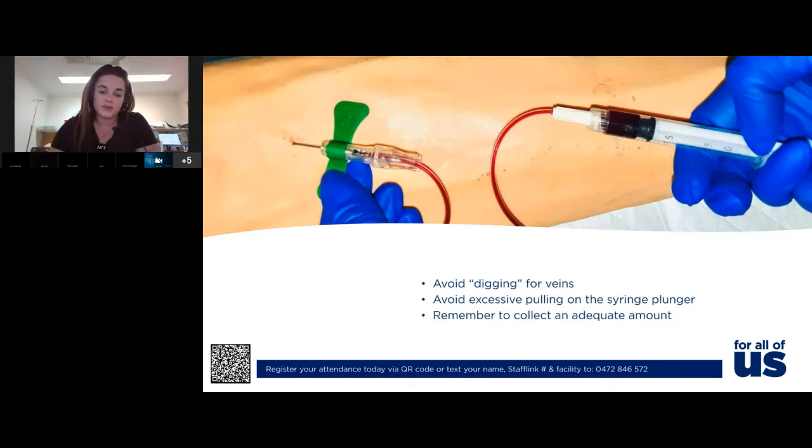So you attach your syringe directly to the butterfly and you draw out your sample. Same rules apply. Please don't pull excessively on the plunger if you're not getting good flow. You're going to hemolyse it, end up with erroneous results. Excessively digging around for veins is also going to end up causing erroneous results, in particular